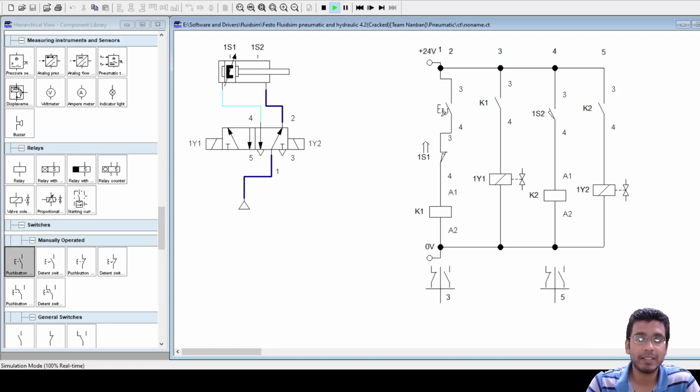Fine. So we can put a time delay circuit also in the parallel circuit. No, but then that would only delay it. It will not actually stop the circuit. Suppose you can delay it for 10 seconds, 20 seconds, 30 seconds. But if you are using a control switch, even after 30 seconds your second cycle will start.